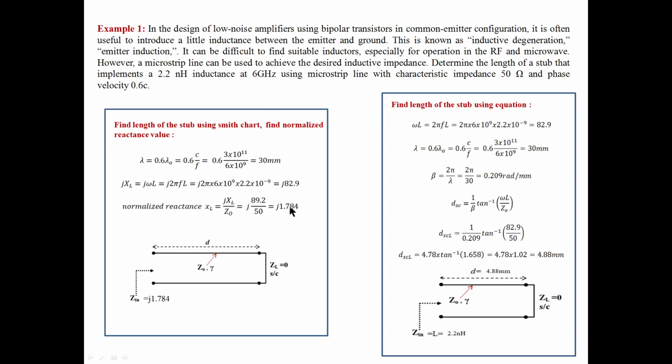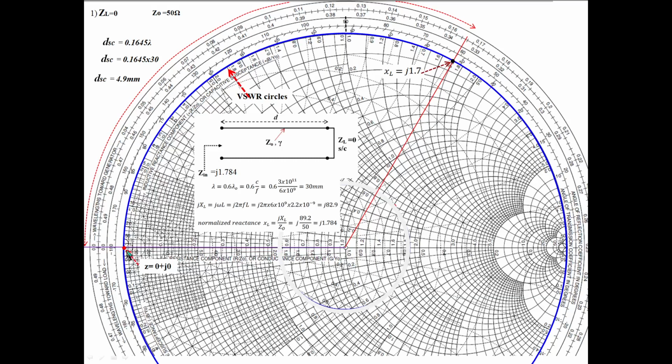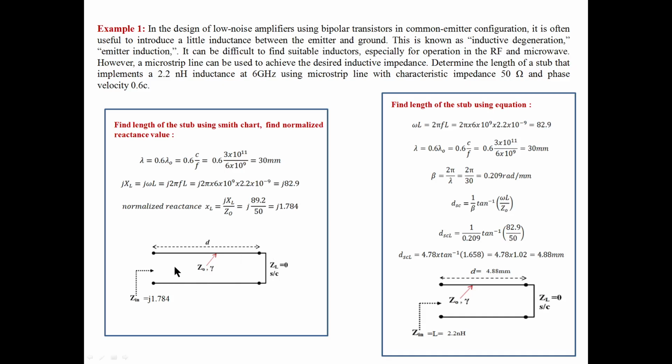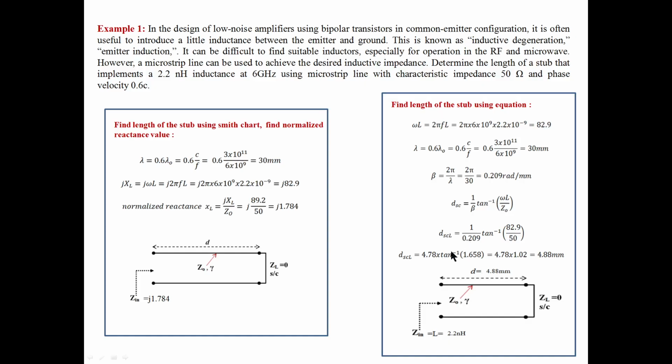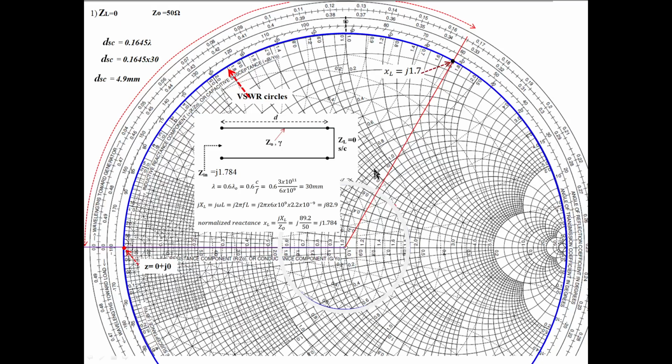After getting this, what do we have to do? On the Smith chart, start from the load point. Always this is the load point; for a shorted stub, this is the point. From here, go on moving like this and stop wherever the value comes. Then measure the distance from here to here, that's all. It becomes very easy instead of using the equation. The equation is tough, sometimes a calculation-heavy problem, so you can easily find this on the chart.